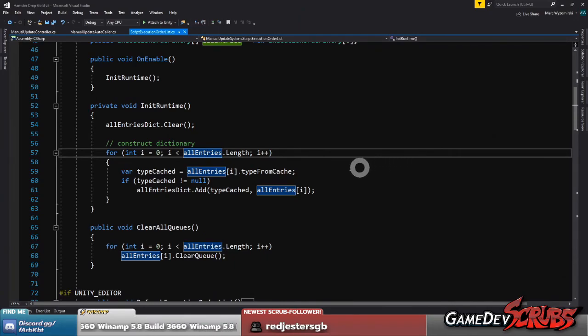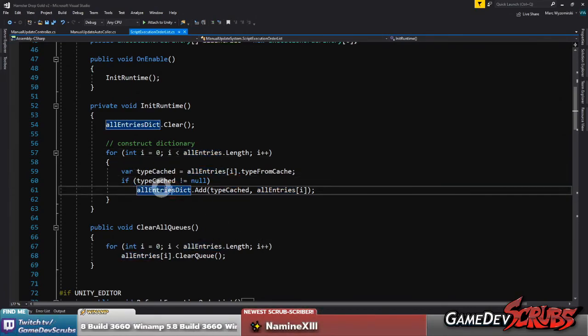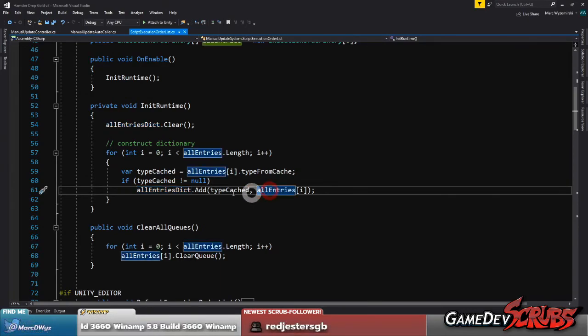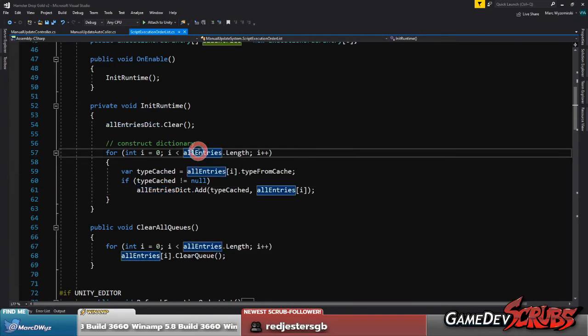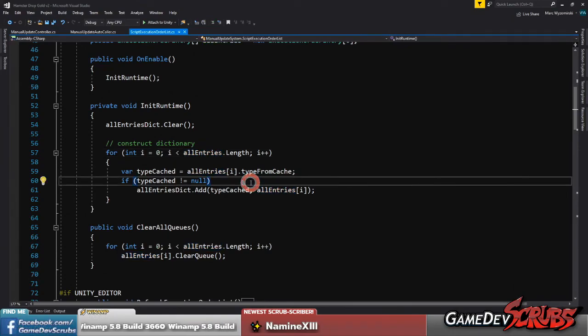But when I want to single out, hey, which one of those in here corresponds to player controller, that's where you consult the dictionary. You say, hey, I want the element that's keyed on player controller, and I want the data from that. And it basically shortcuts from the dictionary back to the all entries, so they're sort of linked in that way. And so this kind of 2 ways to sort it helps you more efficiently analyze what's in play right now, and then put it in its proper spot so that it can execute in